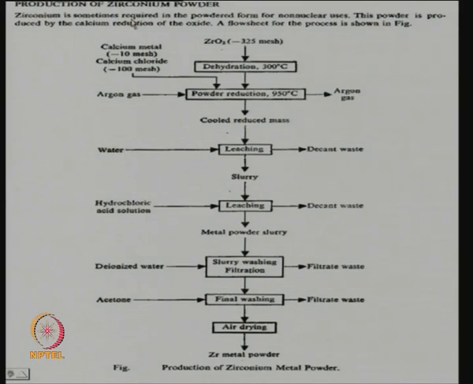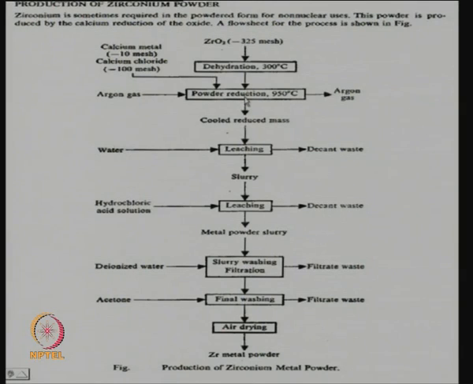Zirconium is sometimes required in the powdered form for non-nuclear uses. This powder is produced by calcium reduction of the oxide. For nuclear grade, we went for magnesium reduction. Now, we are going for calcium reduction. In a finely ground zirconia, after dehydration,